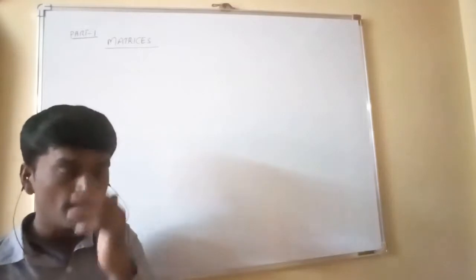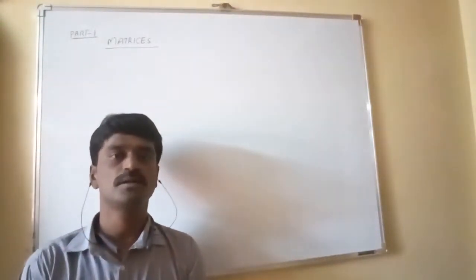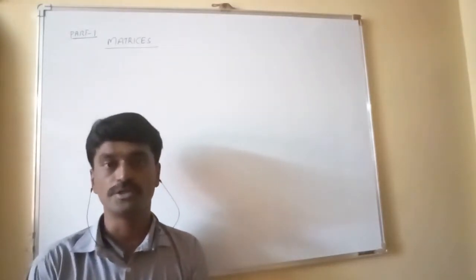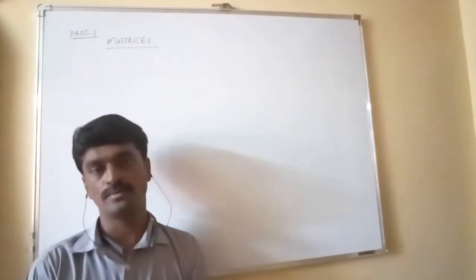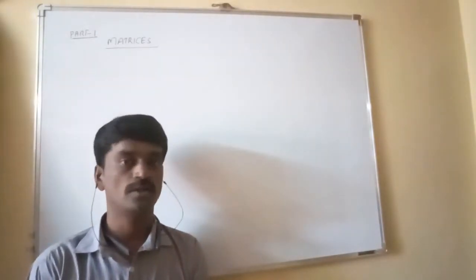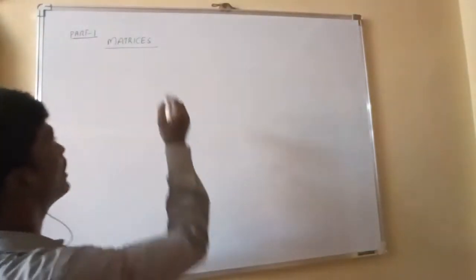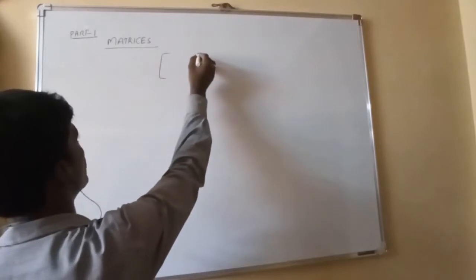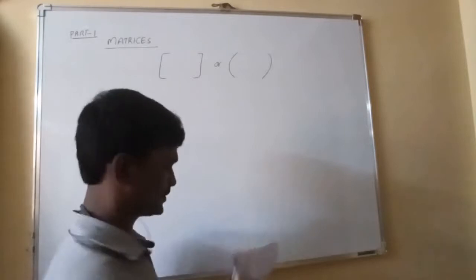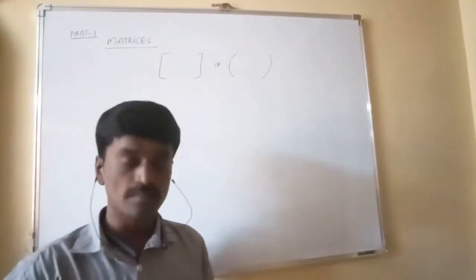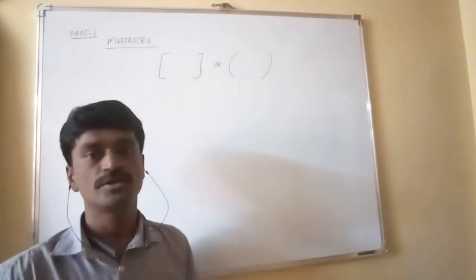So, what is the matrix definition? We are familiar with it. It is nothing but just an arrangement of numbers or functions in the form of rows and columns. Remember, a matrix has no value, and we arrange those numbers or functions in square brackets or normal brackets. Those numbers or functions are called elements or entries of the matrix, and generally matrices are denoted by capital letters.